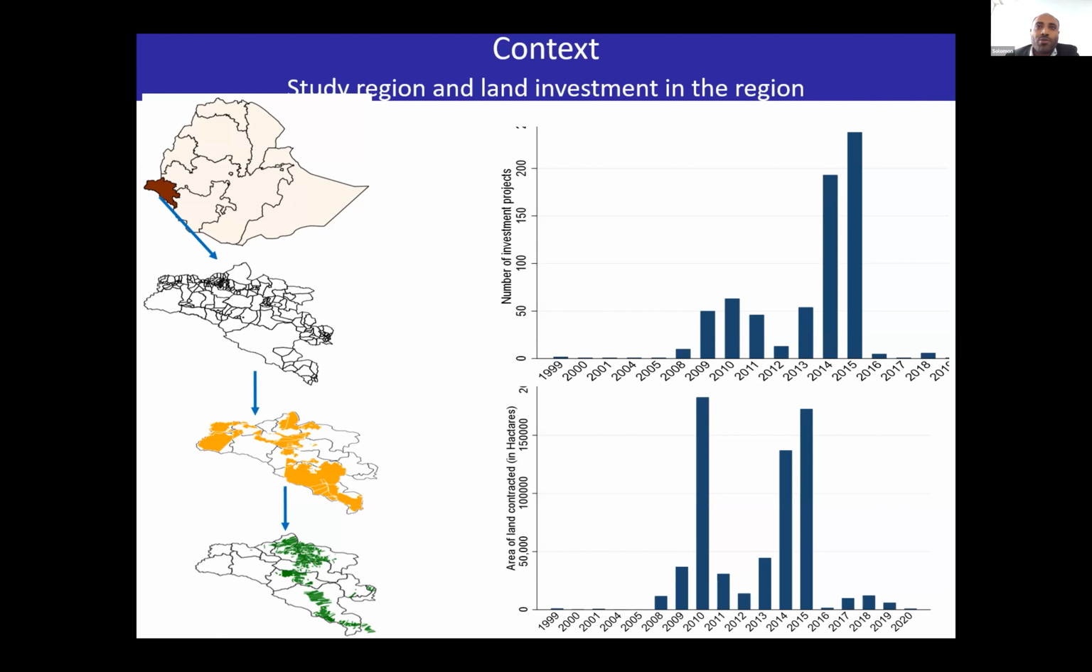The two graphics show the number of investment projects and the area of land contracted in hectares from the beginning of the program until 2020. As you can see, in 2014 and 2015 the number of investments was really, really high. But when it comes to the area of land, we see peaks in two periods. The first is around 2010 and 2011, and the other is in 2014 and 2015, just before the suspension of the program in 2016. So we will assess the impact of this program and these investments in that region on environmental degradation, paying attention